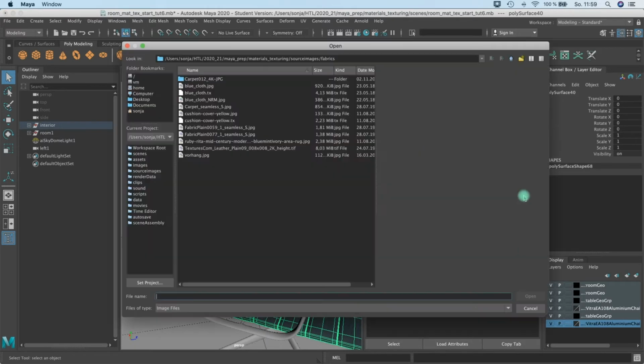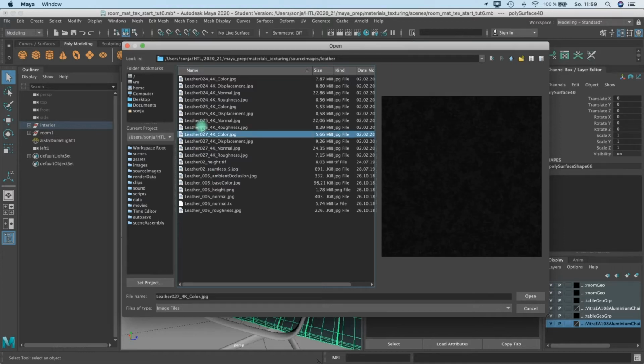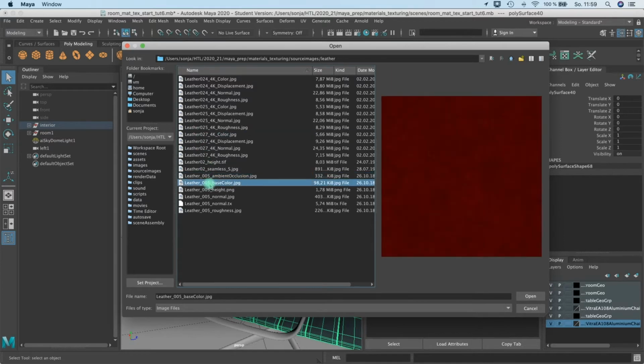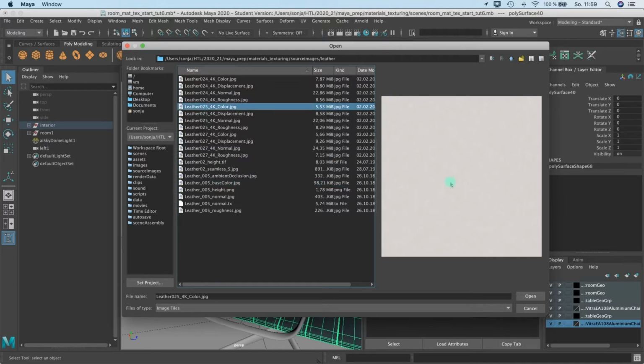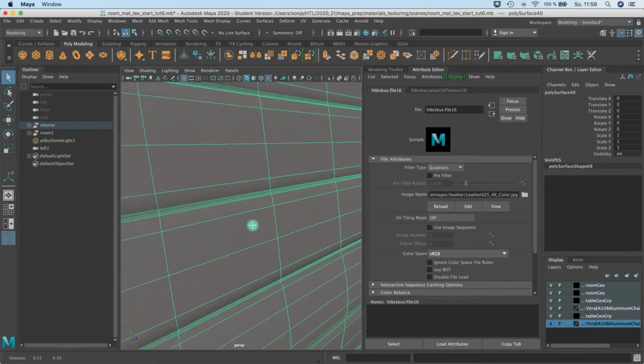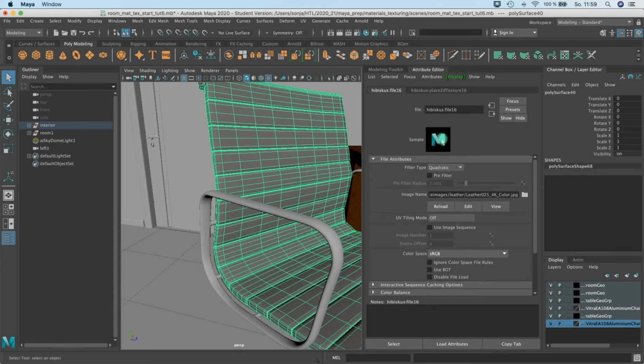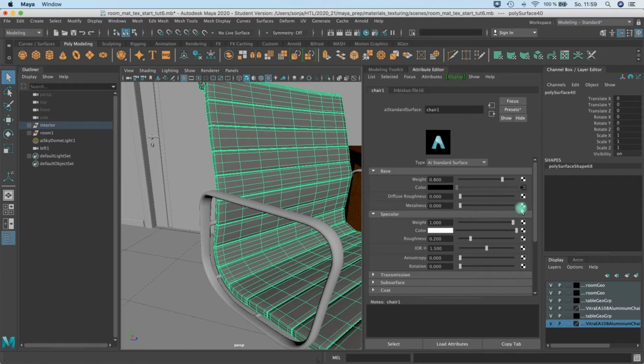So I'm just changing the cloth here to a leather, and I take, let me see, that one. I want a white one, and I also have here the displacement and roughness maps. I will also use them. So that's the first thing. Let's see. Okay, I have just a little bit of structure here, and I change here